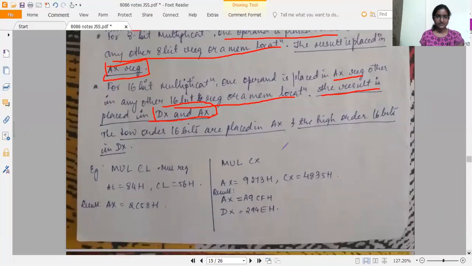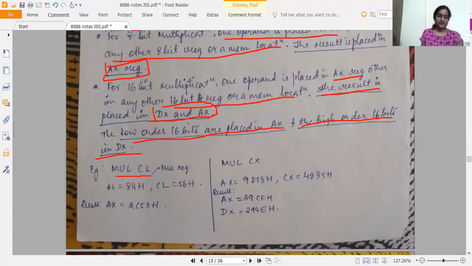In case of 16-bit multiplication, the result might definitely go beyond 16 bits. So the result is stored in both DX and AX. The lower order 16 bits are placed in AX, and the higher order 16 bits are placed in DX. Whatever the result, if its size is more than 16 bits, the lower 16 bits are placed in AX and the upper 16 bits are placed in DX.